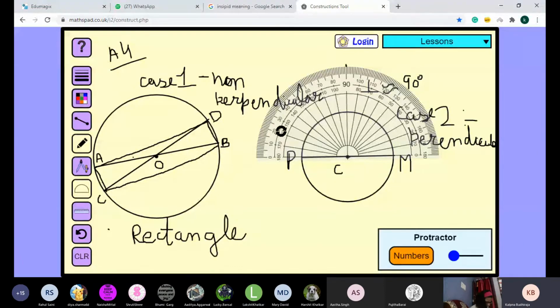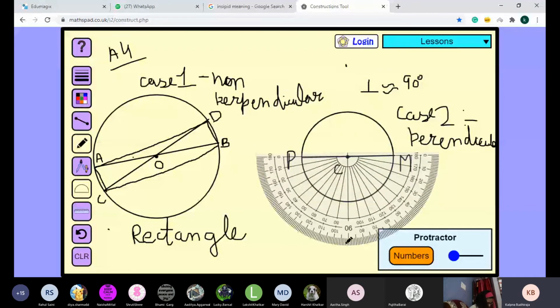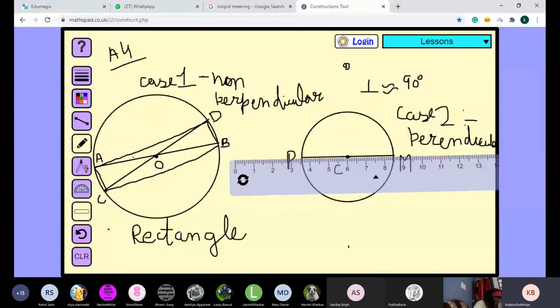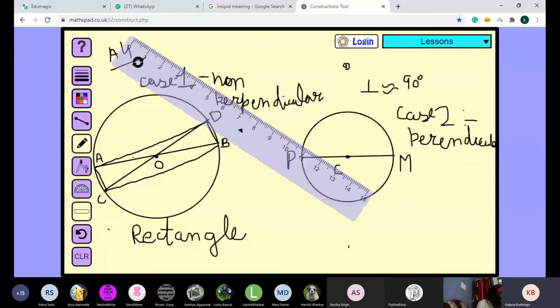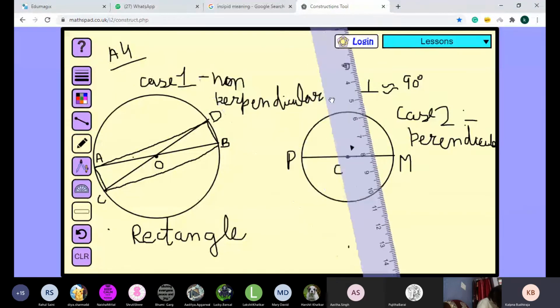Now I am rotating my D. All of you look here. I am rotating my D so that I am exactly getting a perpendicular line. Okay. This concept is clear to all of you? Beta, this is for approximation. I am doing it. Now we will place the scale such that it is going to give me the 90 degree line. All of you quickly do it.